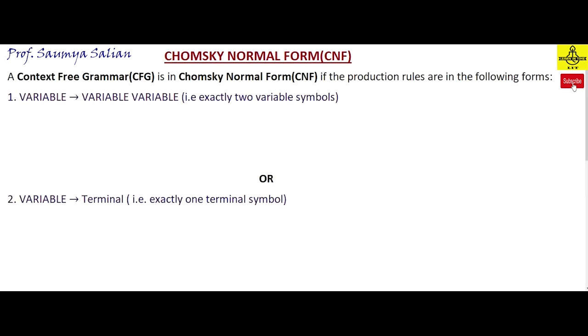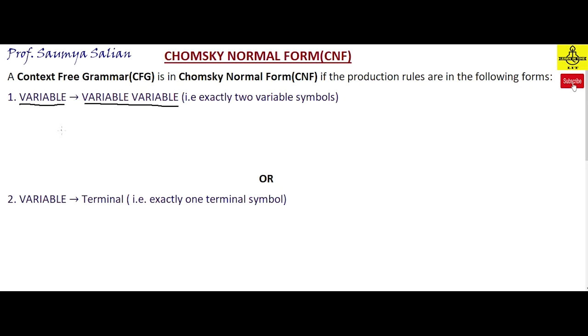In this video, we'll be understanding what Chomsky's normal form is and the steps to convert a context-free grammar to Chomsky's normal form. A context-free grammar is in Chomsky's normal form if the production rules are in the following forms. First, a variable should derive exactly two variable symbols, and the second form allowed is a variable deriving exactly one terminal symbol. So now, when I say a variable deriving exactly two variables, let's understand how the production